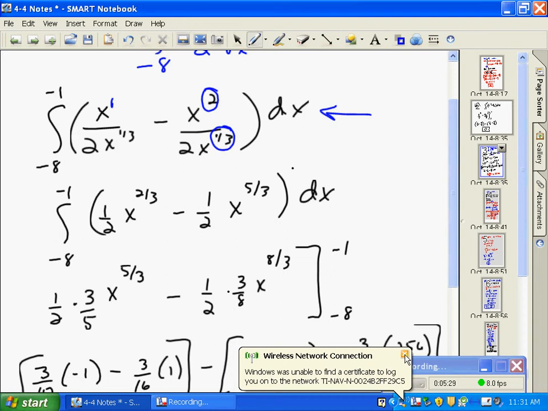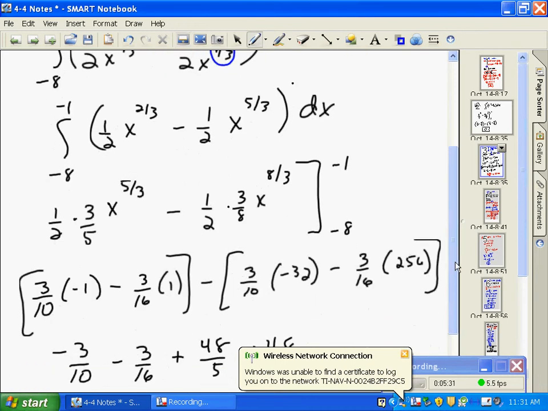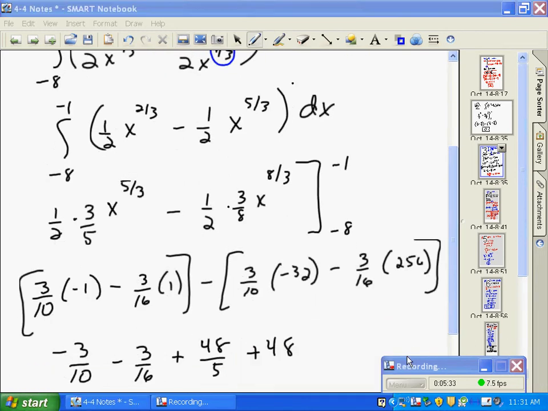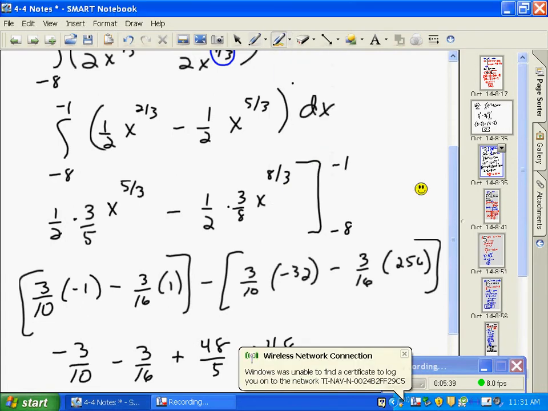Alright, so here you go. I'm going to show you all my work here at one time. I do my antiderivative, so I'm looking at the step right here, the happy face line right there, that is my antiderivatives, and I'm ready to evaluate from -8 to -1, plugging in the top number first. So if I plug in a -1 there,